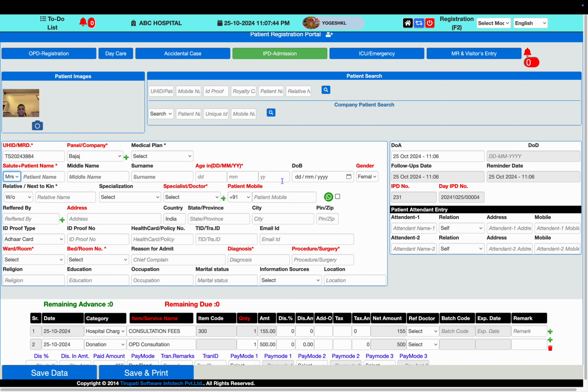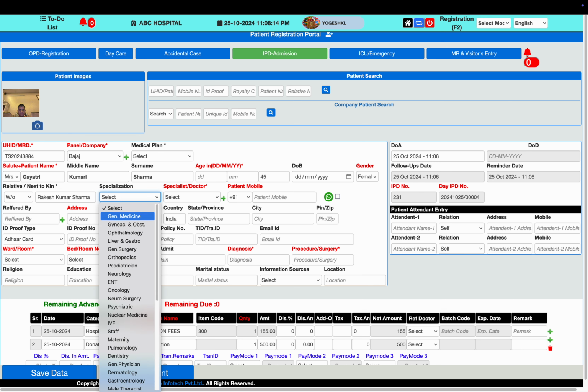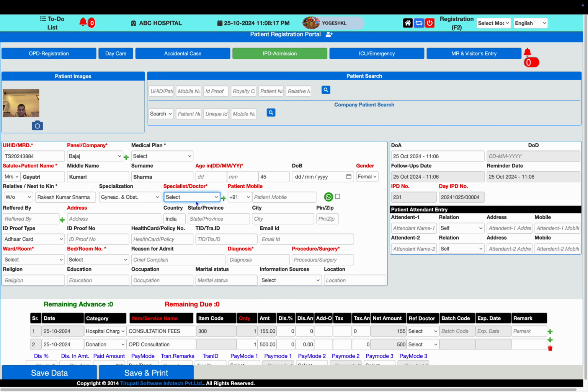If I select the gender, male or female, the system automatically matches it. So I mention some information like Gayatri Kumari Sharma, the patient age, and wife of Rakesh Kumar Sharma. Then we choose who we want to see, for example a gynec doctor, and we check what the gynec doctor list is. Let's assume Dr. Neha will be visiting this patient,